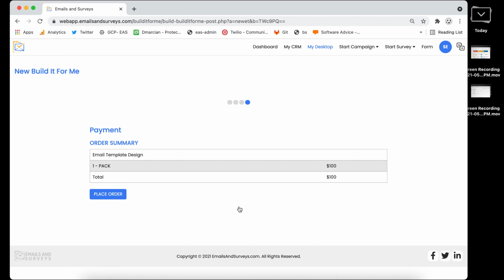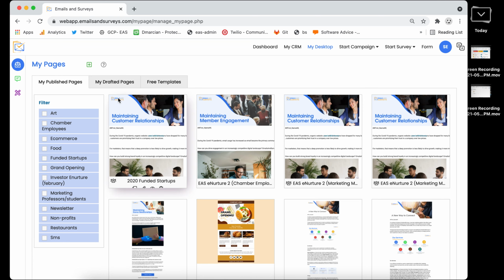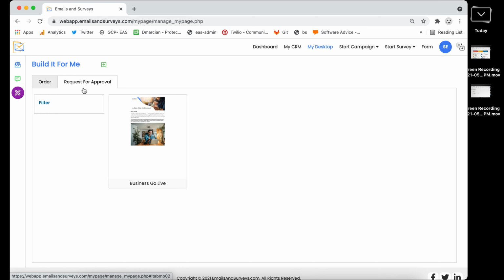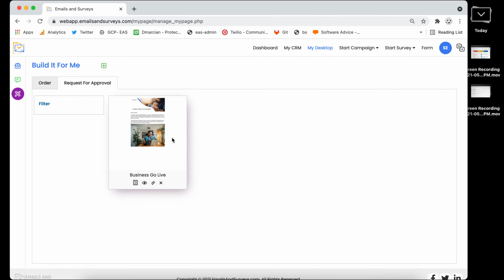Okay, I've already put this order through, right? So I'm going to go through it as if it has been completed. So I'm going to cancel out of this. And if I come over here to build it for me and request for approval, you're going to get emails once your order has been assigned to a designer, and then you're going to get another email when it's ready for review. So if we click it here, you'll see this is the template that we built,